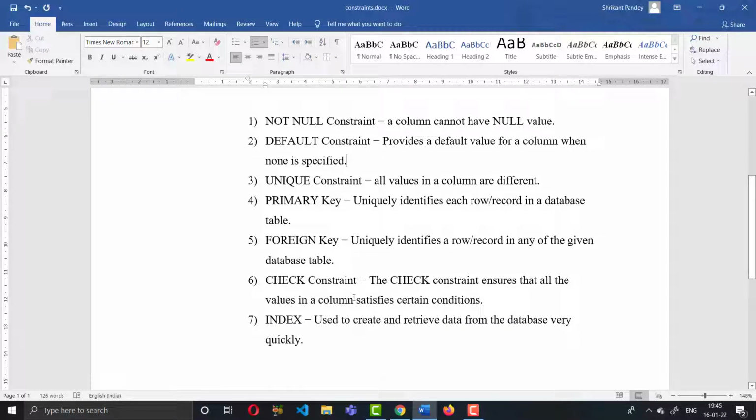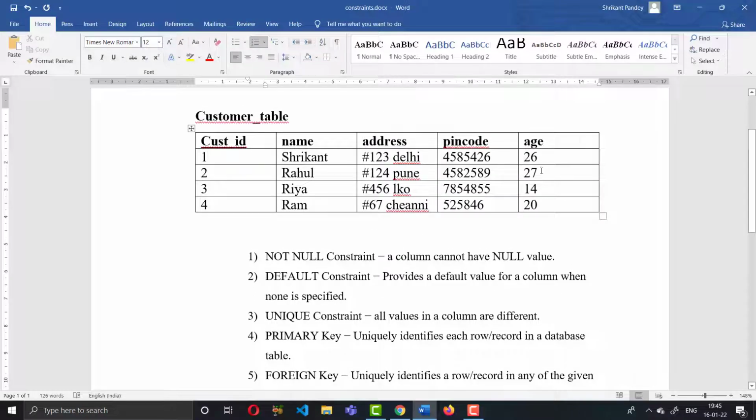Let's move to point 6, the check constraint. The check constraint is used to validate the data you are inserting. Suppose you use a check constraint on the age column. If any age is greater than 100, this is some outlier, so you should avoid inserting it, because nobody lives more than 100.